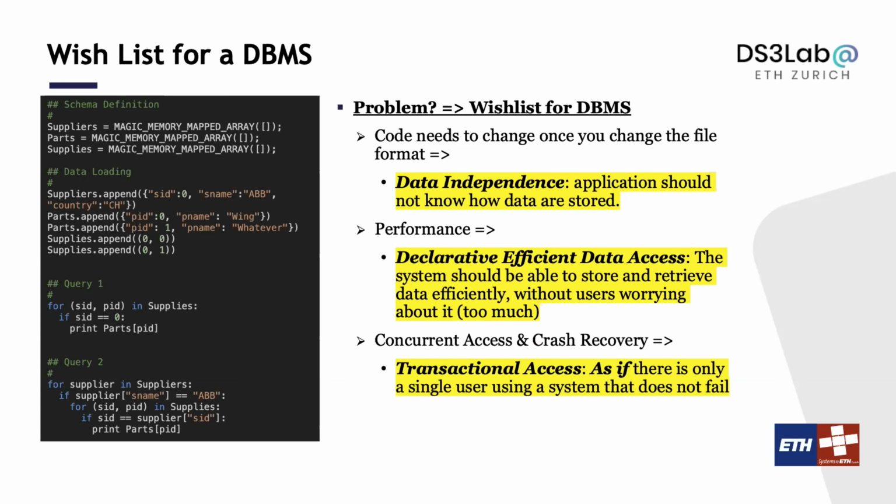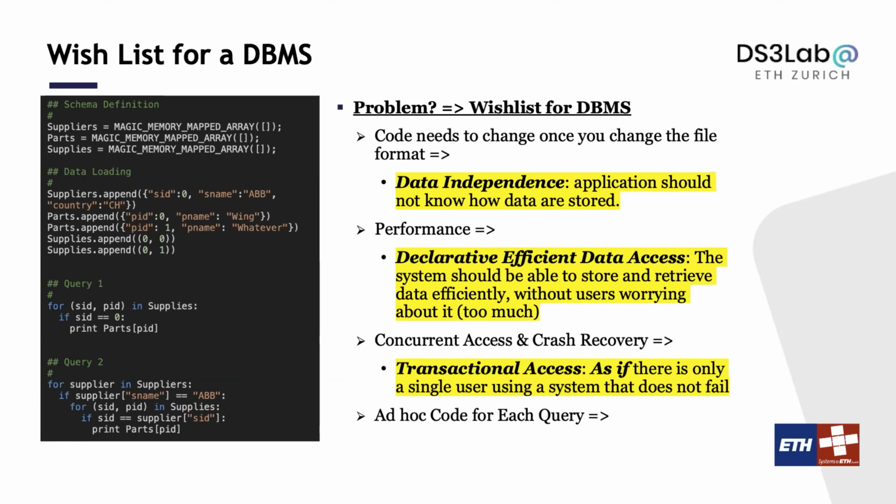And we want some properties about concurrent access and crash recovery, right? So we want a property like transactional access. Which means that even if there are multiple users interacting with my data, I want to make sure that the system behaves as if there is only a single user using the system. And we want to make sure if the system fails, we can still recover some of our data